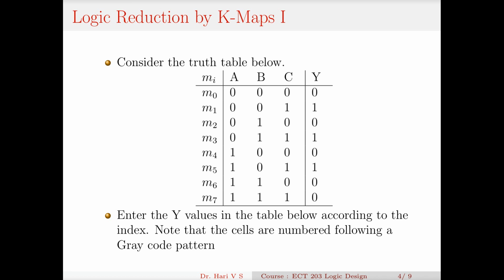Say this is a 3 variable truth table with the inputs A, B, C, and these are the minterms M0 to M7. For the patterns 0,0,1, 0,1,1 and 1,0,1 the output is 1. So for 3 cases it's a 1. We have to synthesize the circuit corresponding to this truth table. Earlier we wrote these minterms and reduced them using algebraic methods. Here we just enter these y values in something called a Karnaugh map,